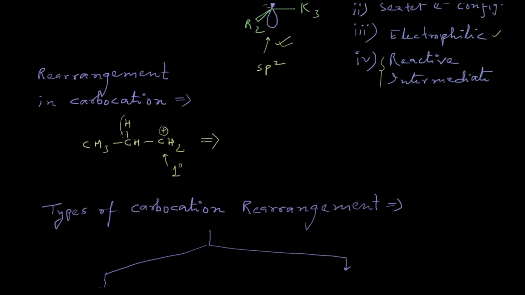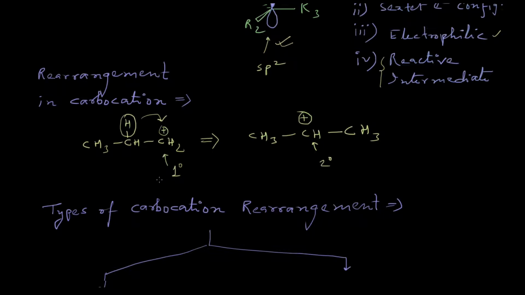So if this hydride, or rather if this hydrogen, migrates to the adjacent carbocationic center as a hydride, then we can obtain a new carbocationic species. So after the migration, we can see that it is a secondary carbocation now, so its stability will be higher